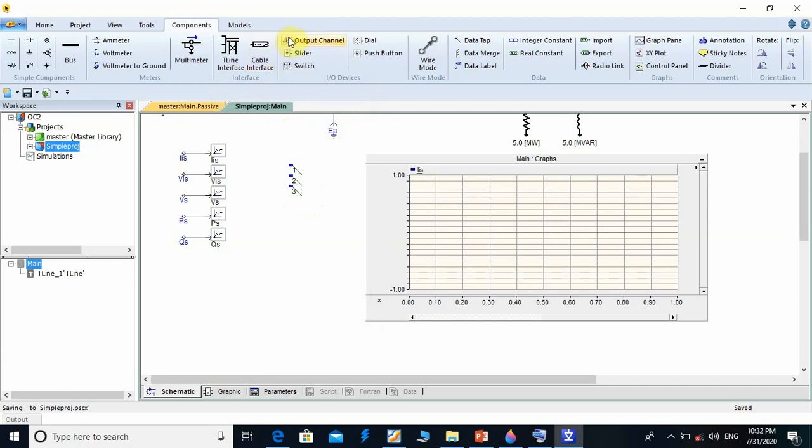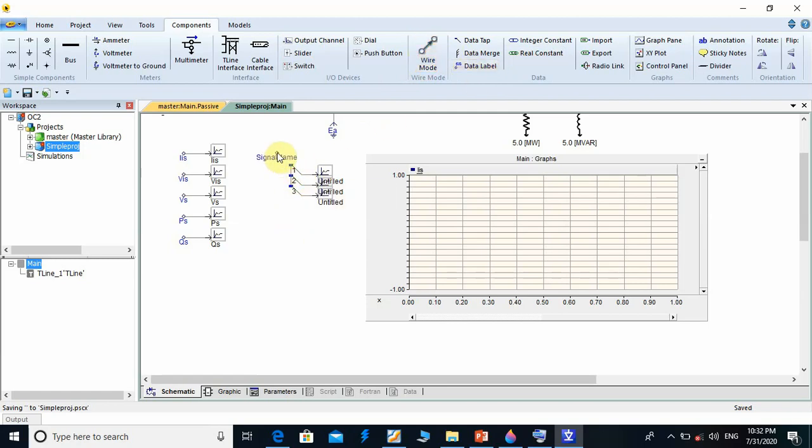Then also I have to use output channel. Connect it. By this way I can extract, then connect these 3 together